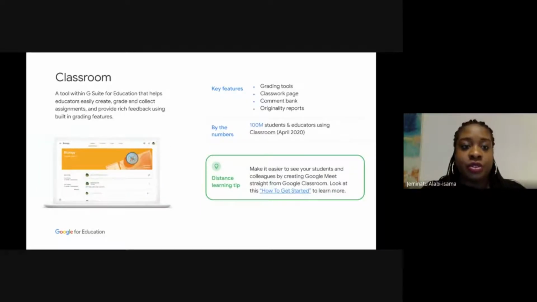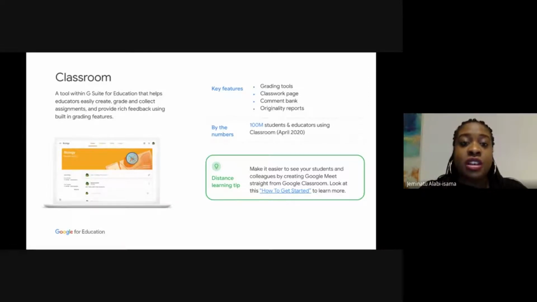Google Classroom, a lot of you have been using these tools already, you've heard about it. And remember, we're flexible as well. So if you're using other platforms, being able to sign into Google Classroom with your single sign-on, you can definitely use that as well. So you can use Google Classroom in addition to any other tools that you have. But it's a great workflow tool for teaching and learning, being able to grade your assignments, comment bank so you're not being so repetitive. It saves time, and originality reports,